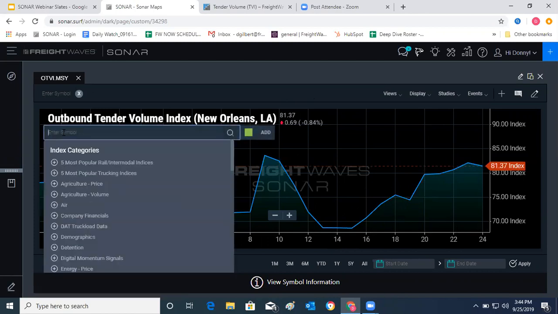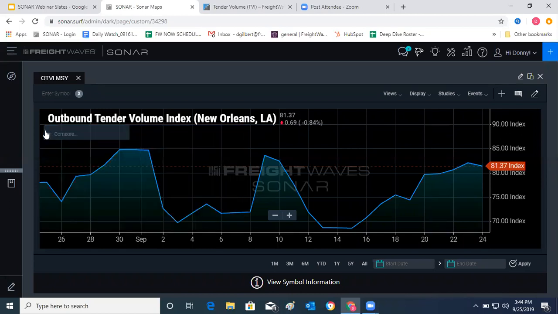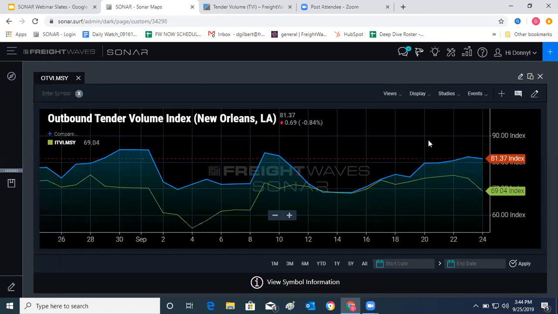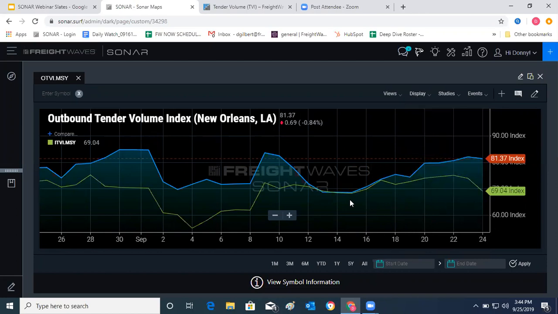We can compare the information in these charts. I want to look at ITVI, which is inbound tender volumes. When I'm comparing two different indices, I can leave them on absolute setting, which they're because they're the same type, or I can compare them on a dual set basis. Because these two are both volumes, I'm going to leave them on the absolute for just a few more minutes here. And what we see here is that inbound volumes have been declining. So here you have outbound volumes increasing and the number of trucks in the market declining. That can really